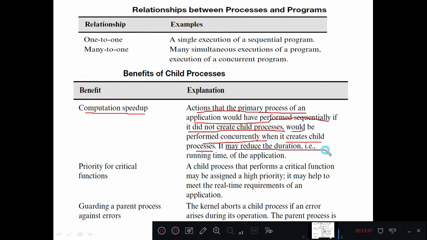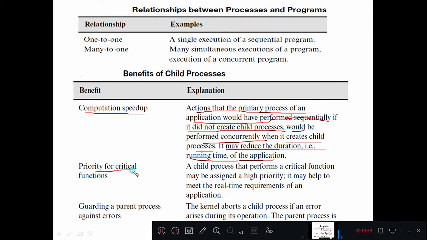This may reduce the duration, that is the running time, of an application. So you are dividing the entire application into sub programs and assigning one process to each program, and in that case the execution speed of that complex application will increase.